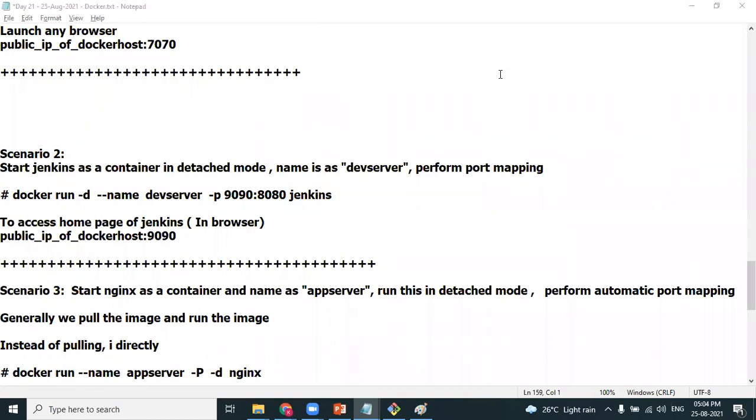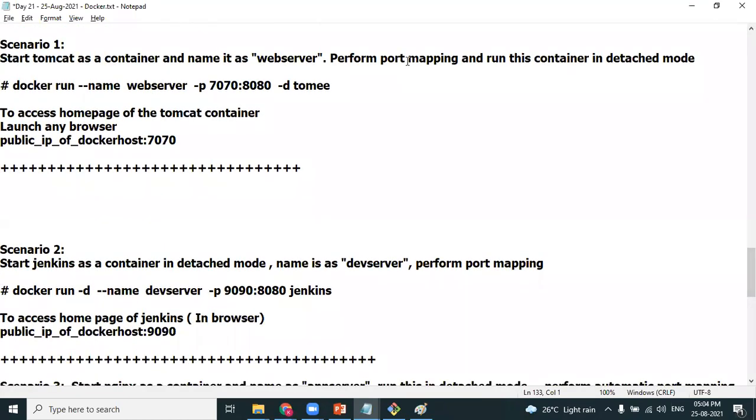Yes, Anuj. While installing Jenkins, it gives the password to unlock it. That's the same question asked by Vasant, right? You have to go to that particular location and then get the password. By using the Docker exec command, we can enter into that particular container. We'll see it soon.